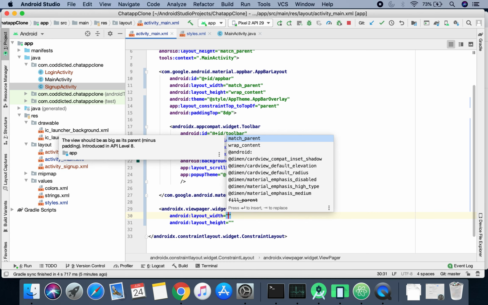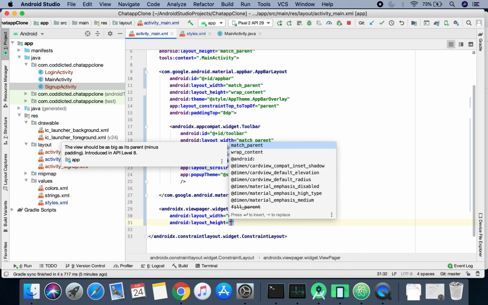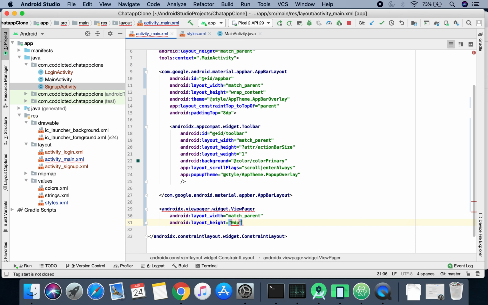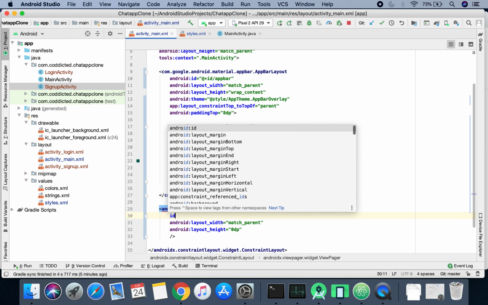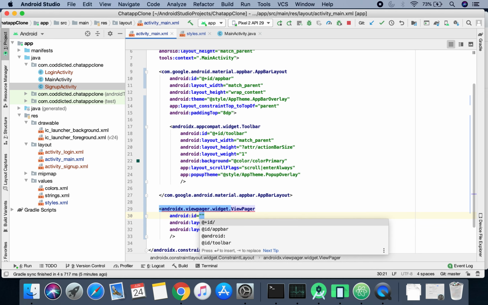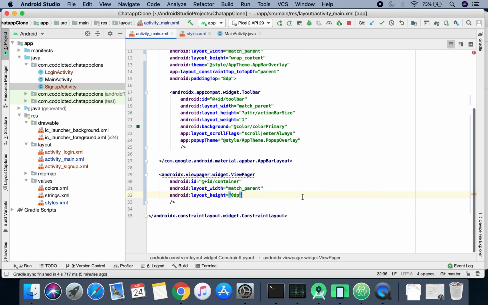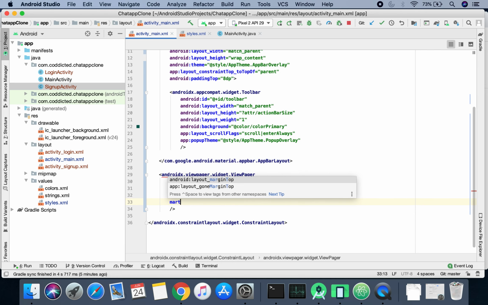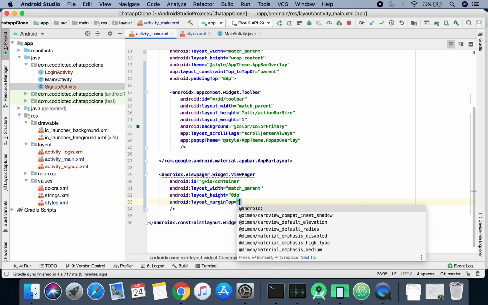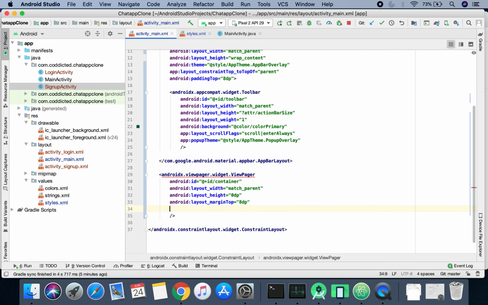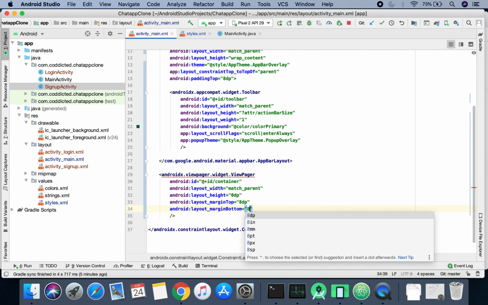So going ahead with viewpager, we have width as match parent, height as 0 dp, because this we are going to use only as a fragment container, and let's assign it an ID of container, and margin top as 8 dp, margin bottom as 8 dp, and